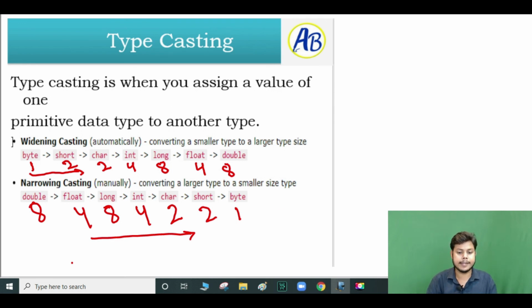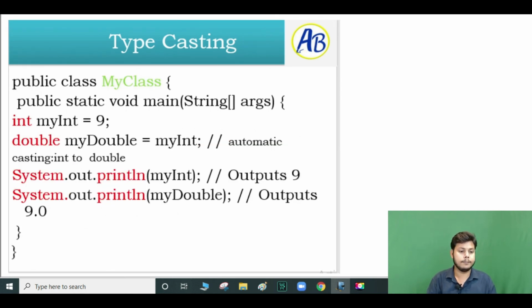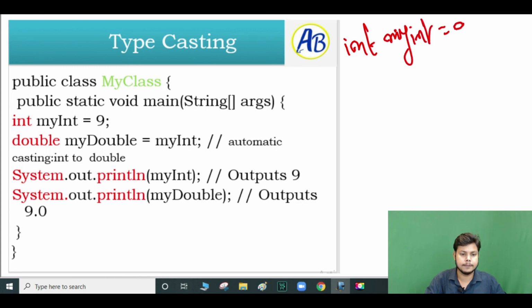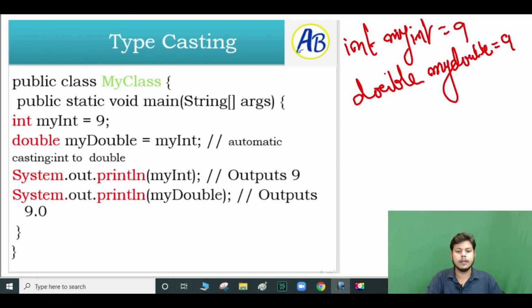So see what will be next. Here we have an example: public class MyClass, public static void main, String args, int myInt is equal to 9. Then int to double: double myDouble is equal to myInt. What is happening is, int has 4 byte, int myInt is equal to 9. Now double myDouble is equal to myInt. What is the value of myInt? 9.